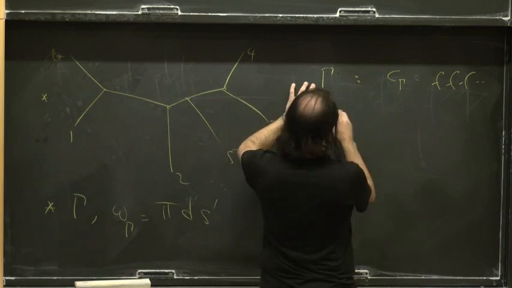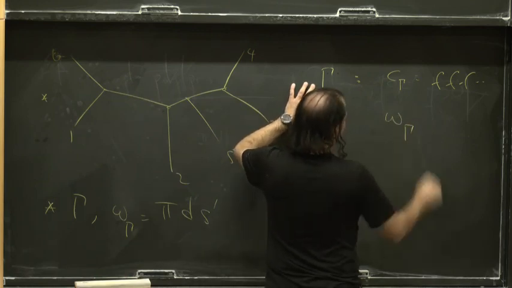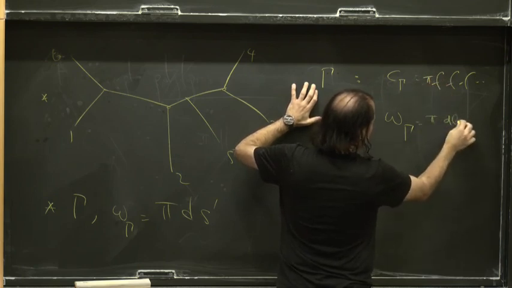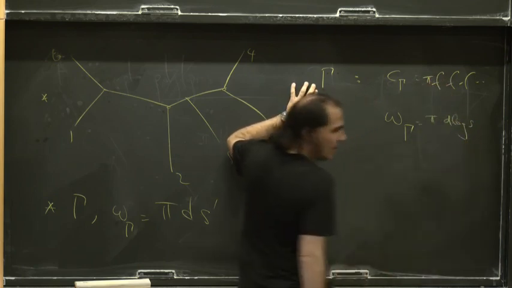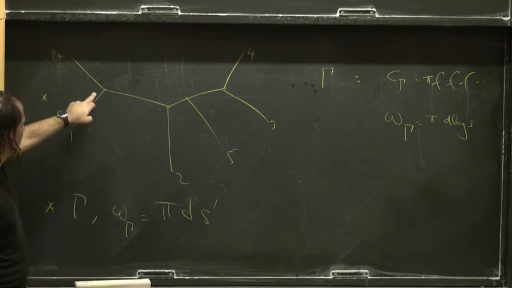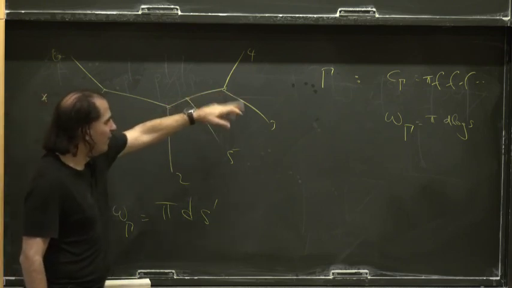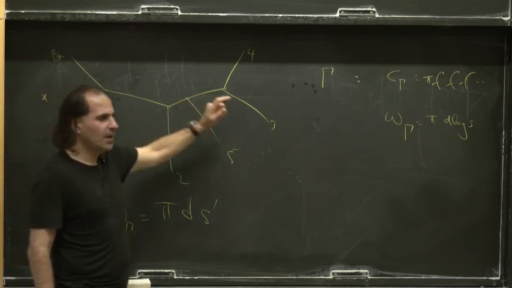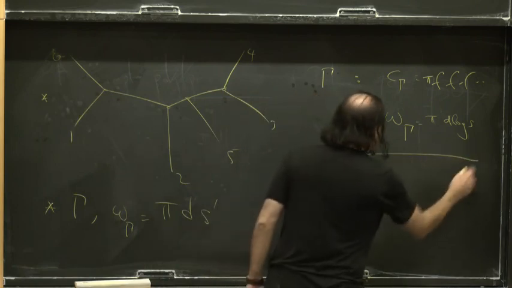So also associated with gamma is a differential form, which is the product of the d log s's. You see, these are kind of dual. They use dual information. C involves the vertices of the graph. Omega involves the edges of the graph. Okay? Now, the C's